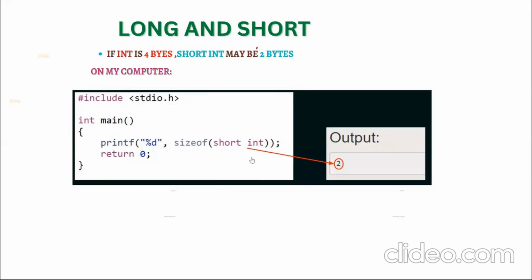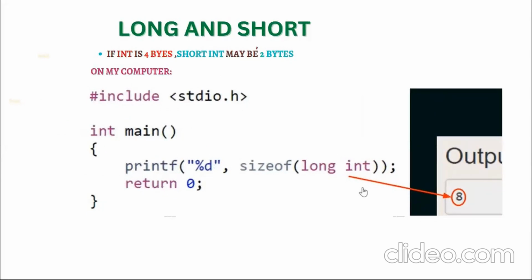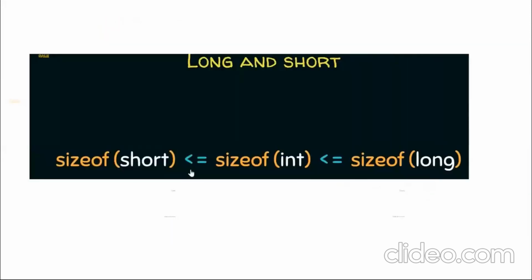Then again I will explain with long int size. You can see here the size of long int is 8 bytes of memory. Here the comparison is size of short less than or equal to size of int less than or equal to size of long. This is where we can calculate the size of integer modifiers here: 2 bytes of memory, 4 bytes of memory, 8 bytes of memory. And then